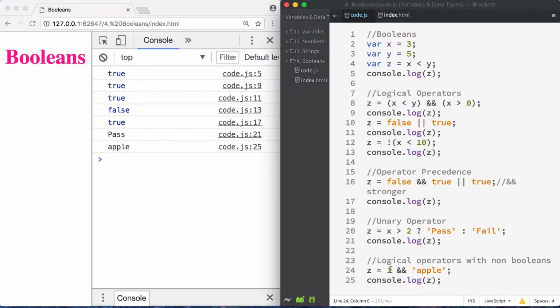The reason why is because 1 can be converted in JavaScript to true. This is what we call type coercion. When you give JavaScript a logical expression with one of the elements which is not a boolean, then JavaScript will try to coerce that element into a boolean. We will cover coercion later on in detail, but for now just remember that JavaScript is able to coerce elements to different types. And you can check the corresponding value of a certain non-boolean when you convert it to a boolean yourself just by typing something like